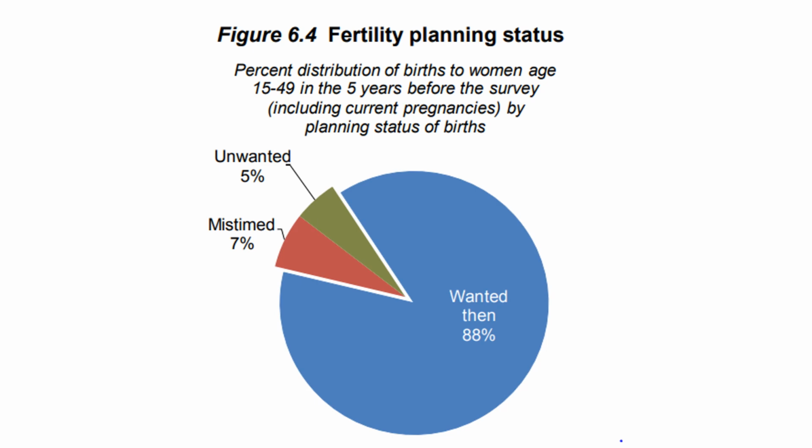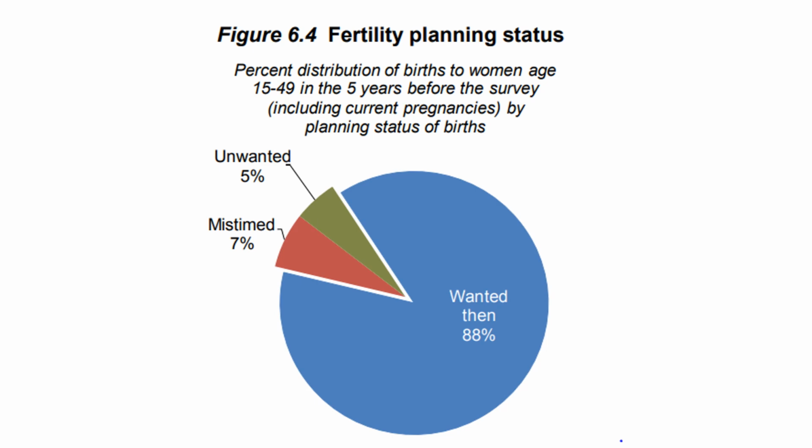So this is a very simple data where the larger portion, the blue portion, are the women who wanted the pregnancy and had the pregnancy when they wanted it. So this is 88%. Only 5% did not want the pregnancy, and about 7% wanted the pregnancy, but they didn't want it very early, and they actually happened to become pregnant even before they wanted to. So this is a very simple